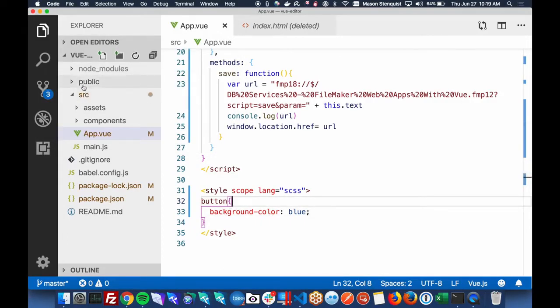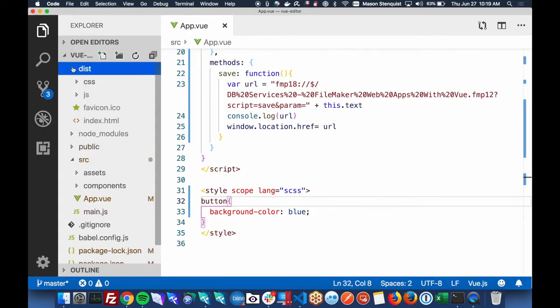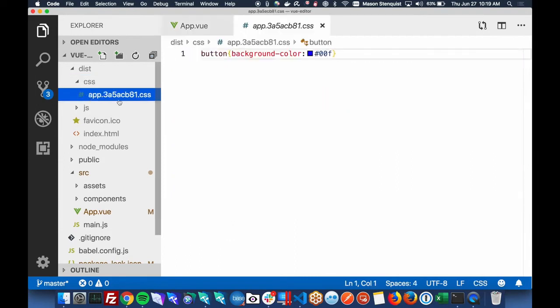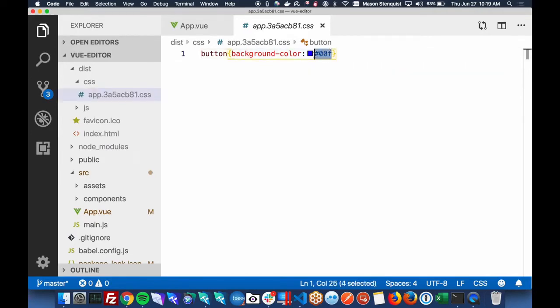And just so you know, it will delete that dist folder and it's going to recreate it. So dist. Now we have the CSS folder, and you'll notice we have that button, and it minimizes it and it strips out unnecessary stuff. So it'll be the same, but it'll be optimized.